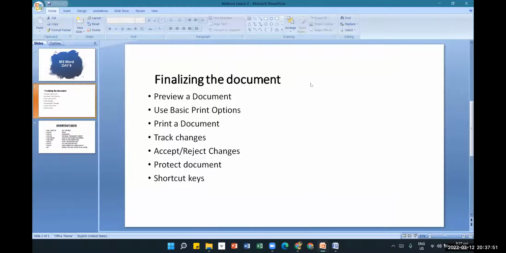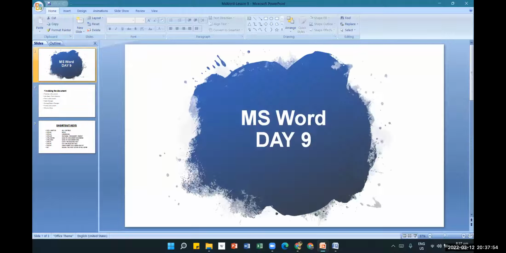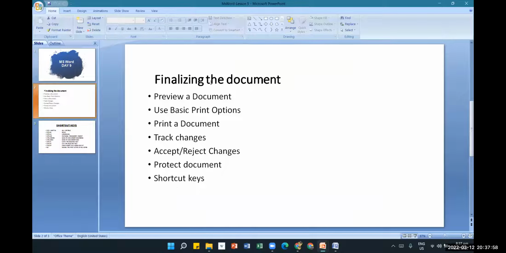Today we will be covering the last class. This is the last class for Microsoft Word. So today's topic is finalizing the document. Okay, so basically we will look at how to do a preview of the document, how to do the printing of documents,